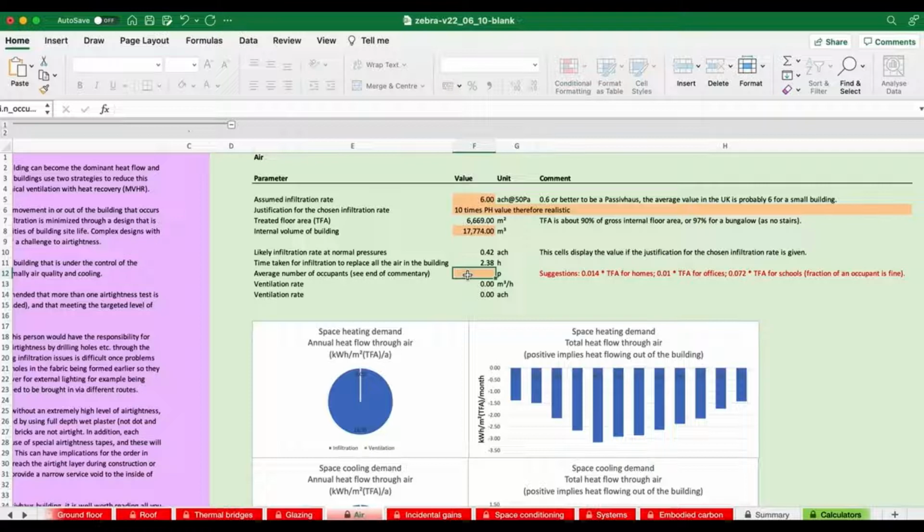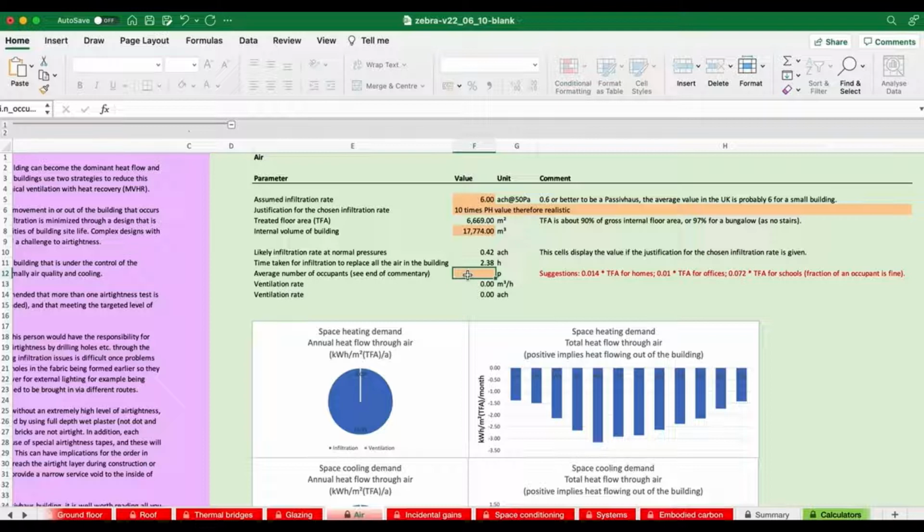And please read the pinky purple area about this and get a really good idea of what it is, because it doesn't mean the maximum number of people there's likely to be in the building. It means averaged over 24 hours, 7 days a week, 365 days of the year, what would be the average number of people in the building at any one time. And we've got some suggested values there on the right.